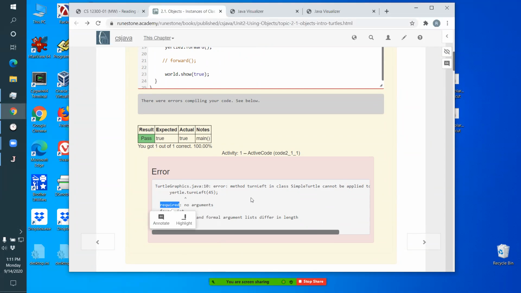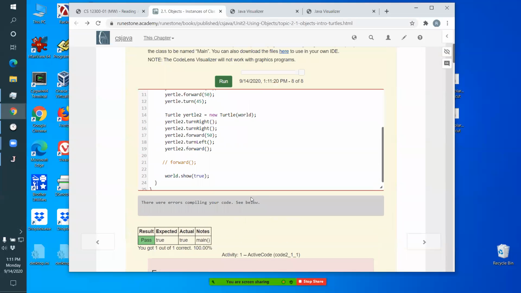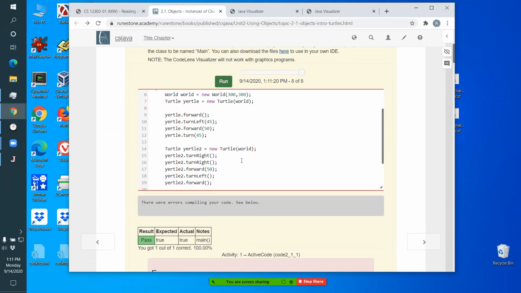Required, no arguments. Okay, so somebody wrote this, and what we have to learn is what their rules were when they wrote it. They decided that turn left takes no parameters. It's always 90 degrees. Same with turn right. Turn, on the other hand, always needs a parameter. You always have to say how much to turn by. It doesn't have a default turn. Forward is different than both of those. Turn left requires no parameter. Turn requires a parameter. Forward, you could either give it a parameter or not. Now, that's confusing. There are all these different ways of doing it, and we'll learn. You have to read the